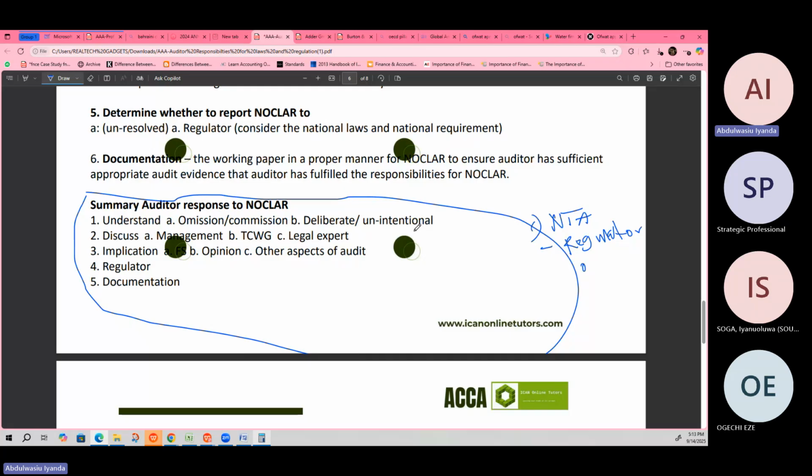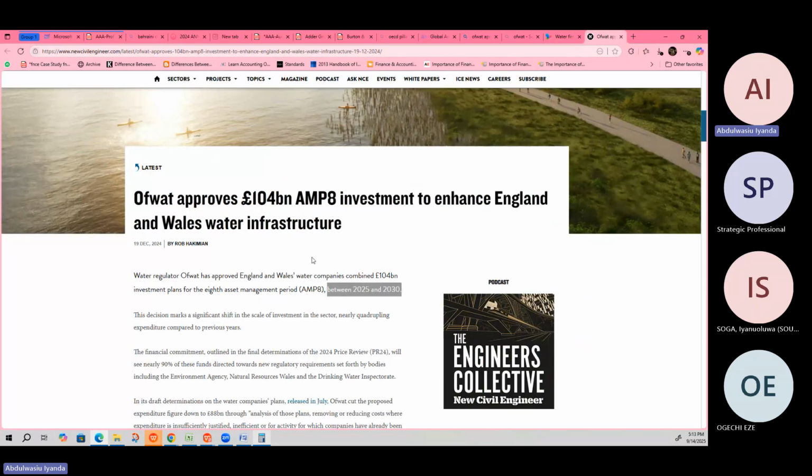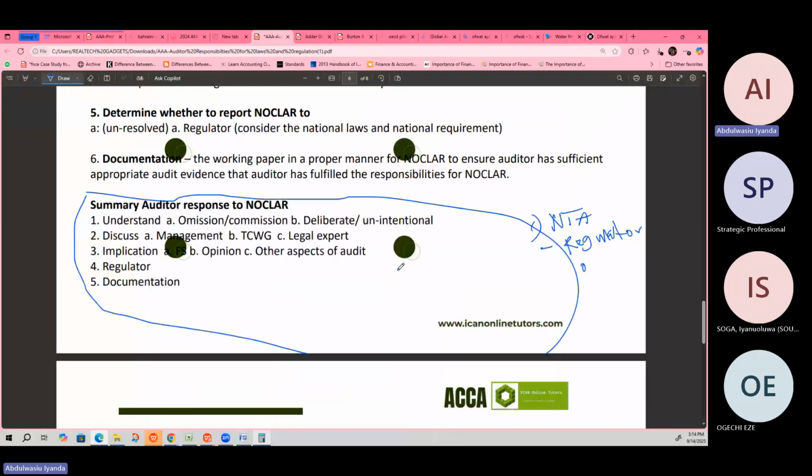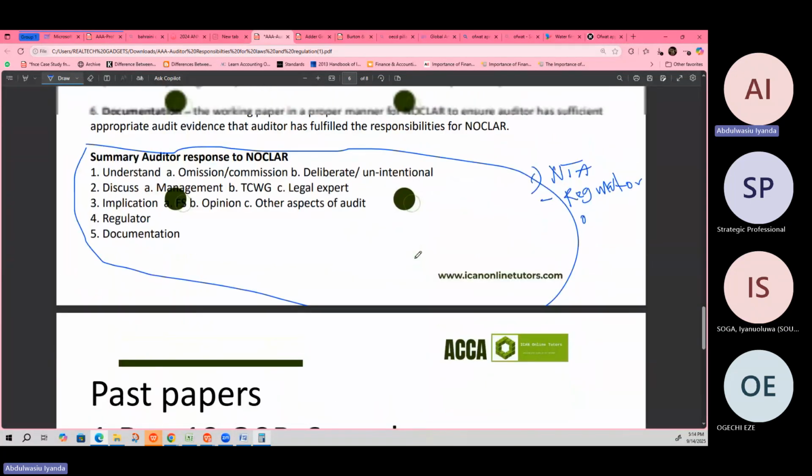So it is from this 104 that will not be given to each individual entity. Whatever this particular regulator gives you, this should be your investment, you can dispute that this is too much for me, I can't do it. Then there's another authority, let's call it CMA, Competition Market Authority, and you will go to challenge whatever is given to you. So each of the regulators has a target for each company. So these are your responsibility.